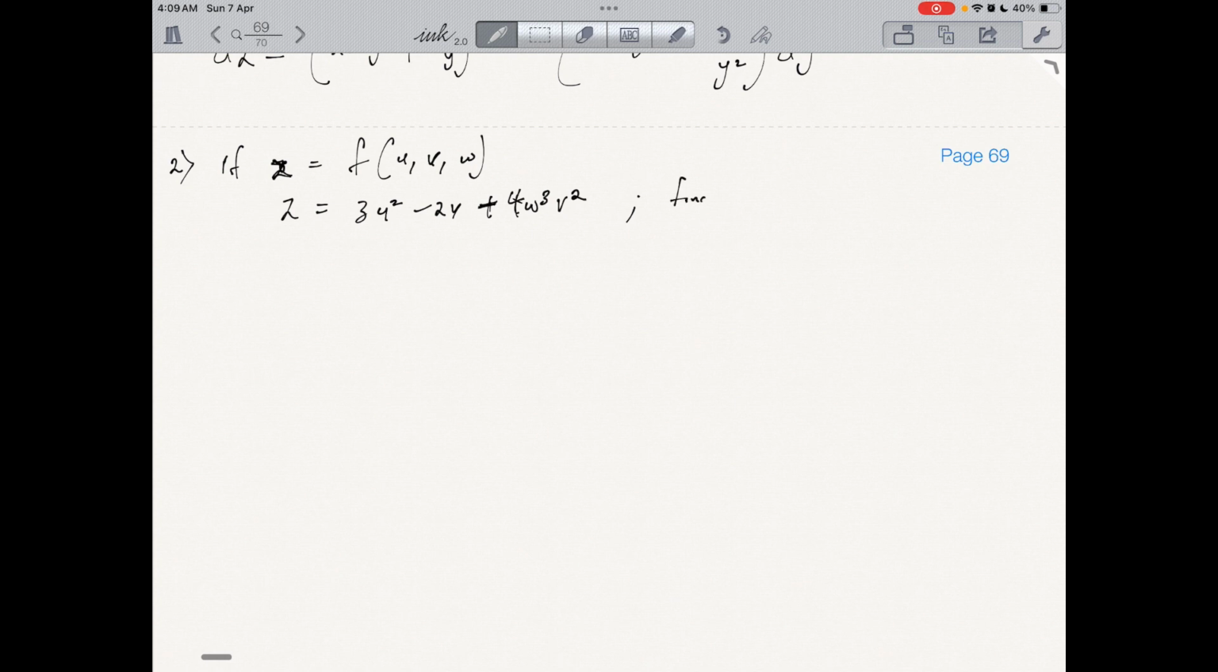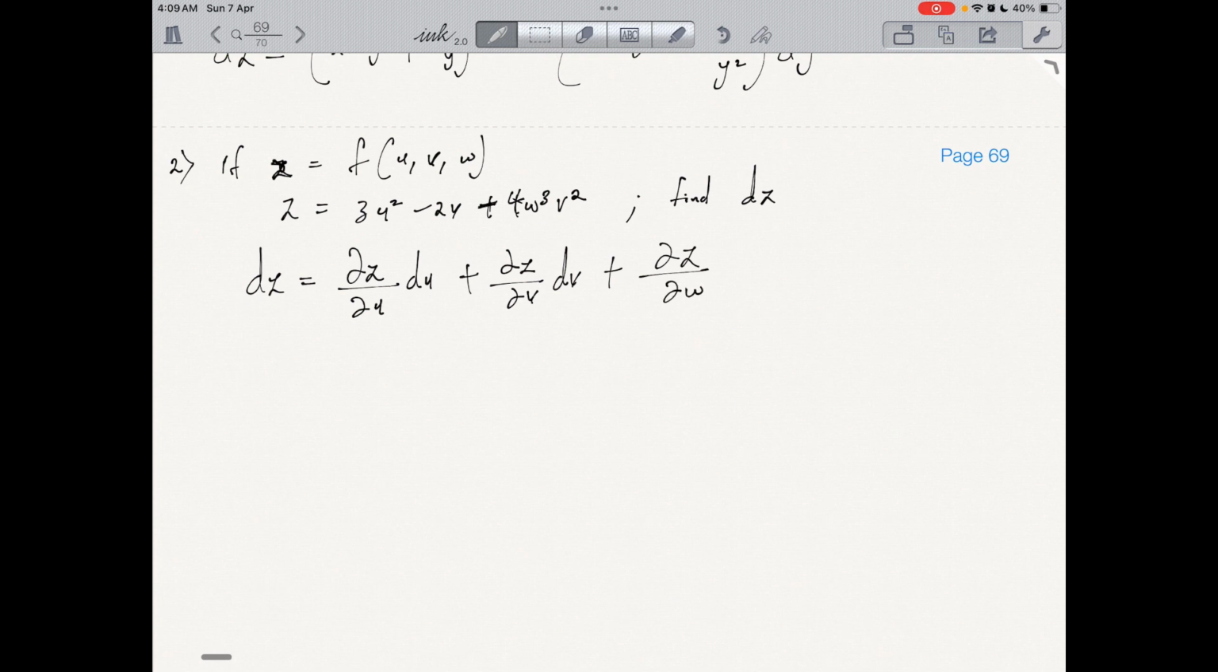Find the total differential dz. Now the first thing to do is to write out the formula for the total differential. We know that the total differential, given that we have 3 variables, will be dz/du multiplied by du plus partial derivative of z with respect to v multiplied by dv plus partial derivative of z with respect to